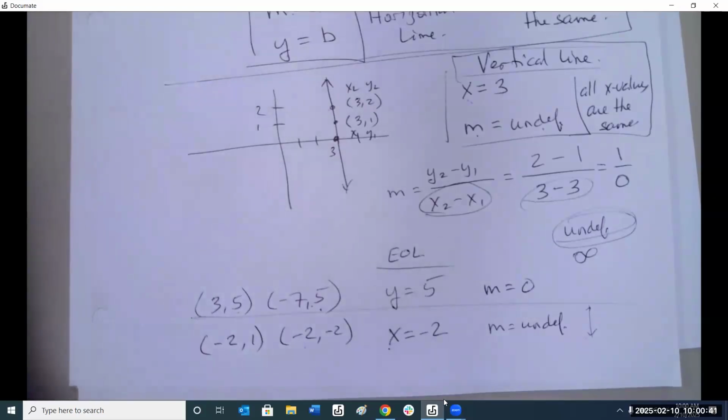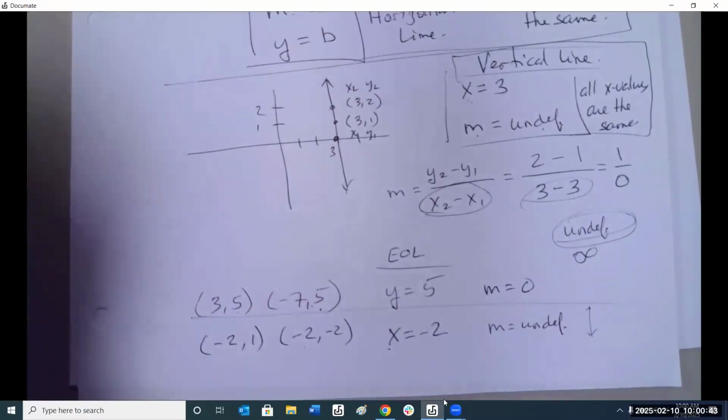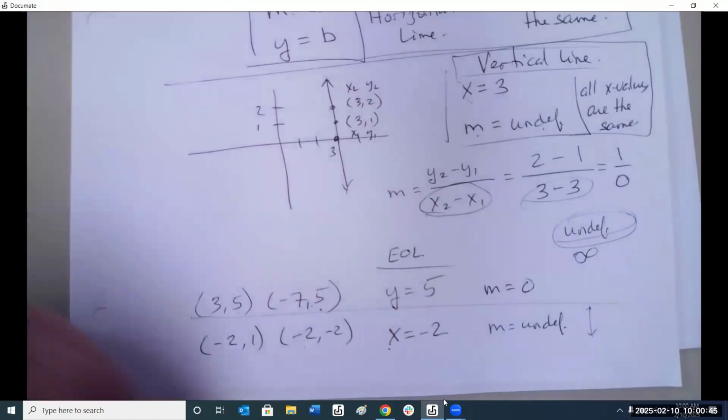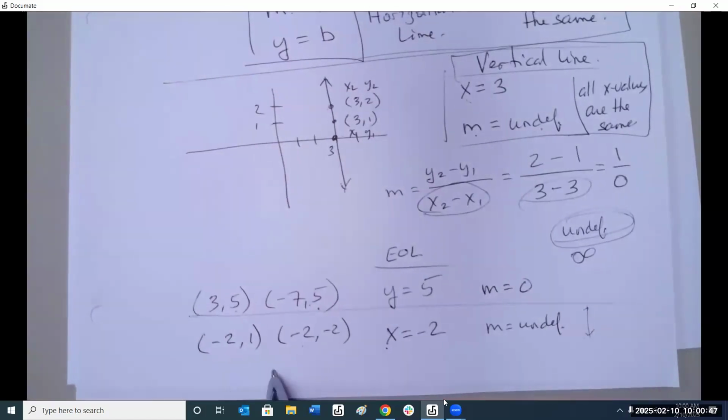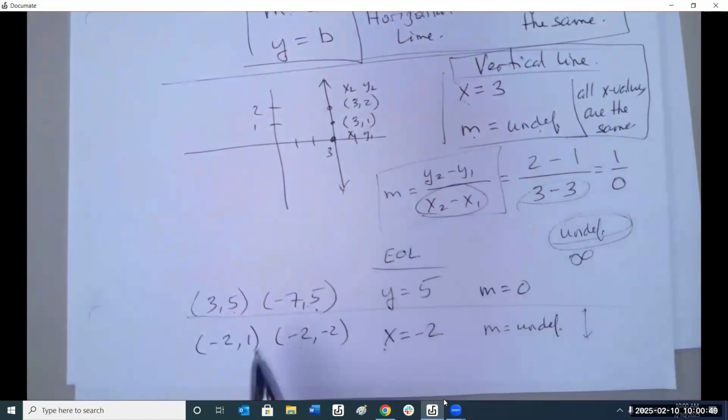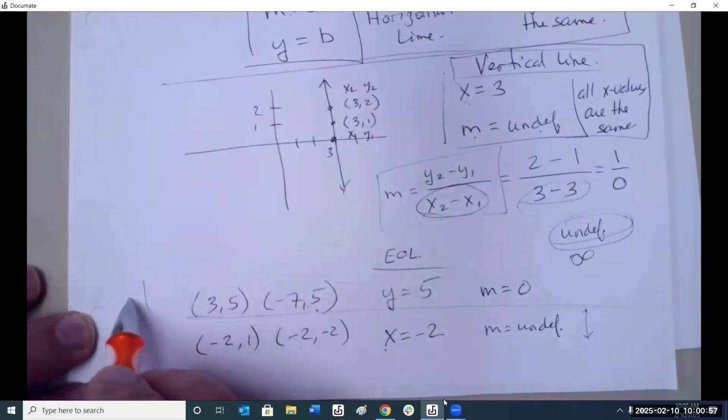It looks easy when I do it, but when you're by yourself, you're going to see this. And I guarantee what's going to happen is if I give you 2 points, first thing you're going to do, you're going to plug it in this and you're going to see what happens. Or then you're going to plot these 2 points and you're going to see what happens. So even if you plot them, even if you plot these two,